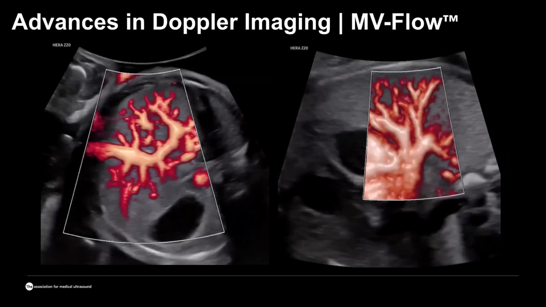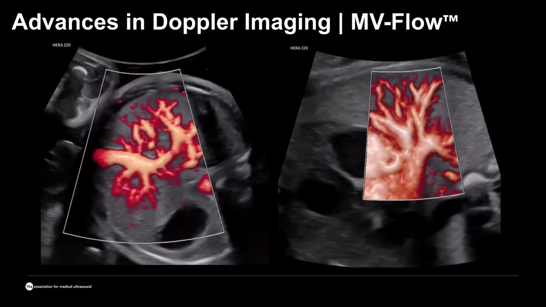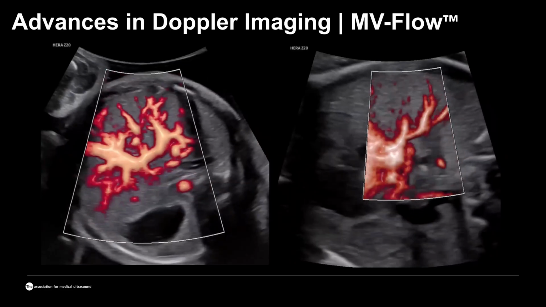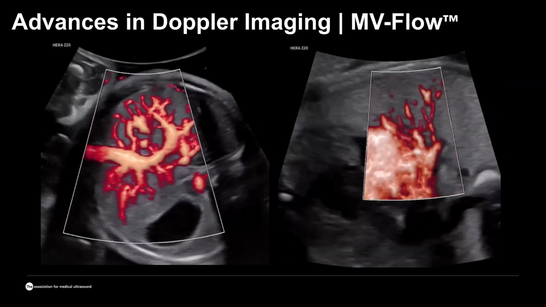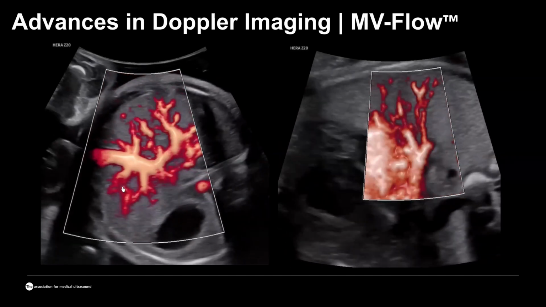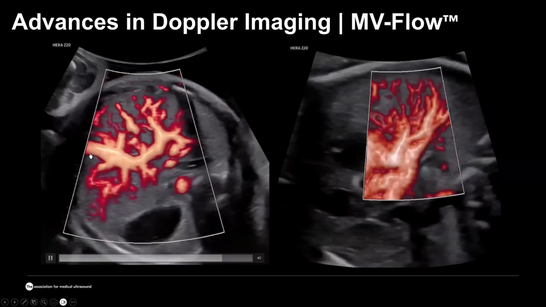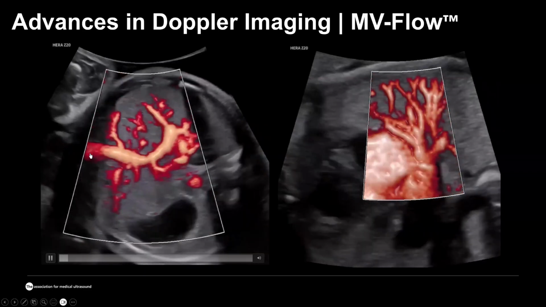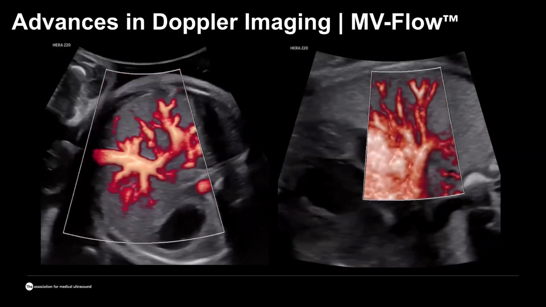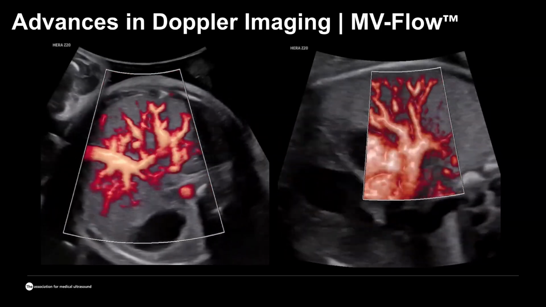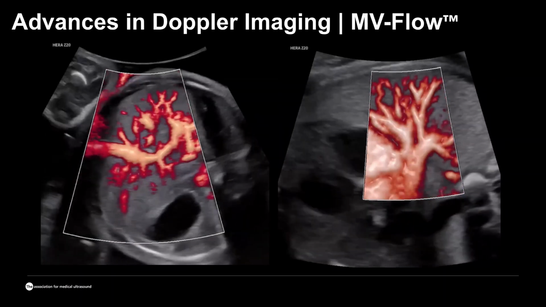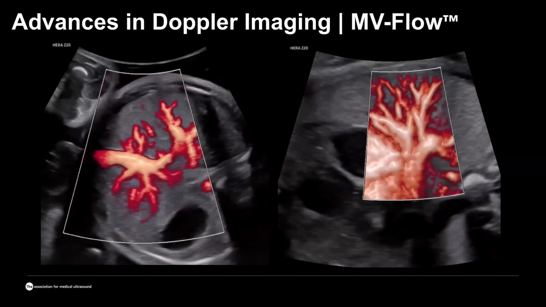As we said, the microvascular flow, or the MV flow, is in particular helpful when we are looking at the pulmonary circulation, in particular the pulmonary veins, and when we are looking at the vasculature of the liver, which is very complex and includes the umbilical vein system, the portal vein system, ductus venosus, and hepatic veins. This is something that is really useful to apply, especially when you're scanning fetuses prior to 20 weeks gestation.